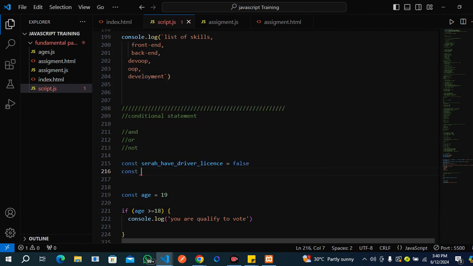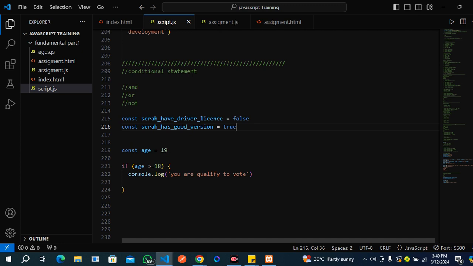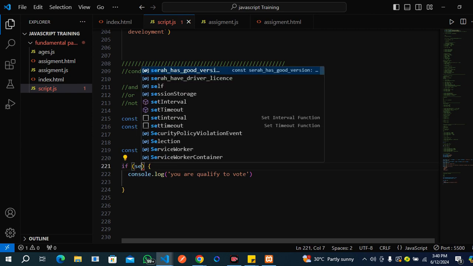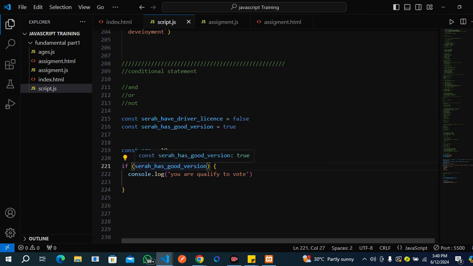Then we have another const. Let's say Sarah has good vision, right? Yes, sir. So we put this to true, right? So now let's come here and say, so here we'll pass in condition. So the first condition is Sarah has a driver license and